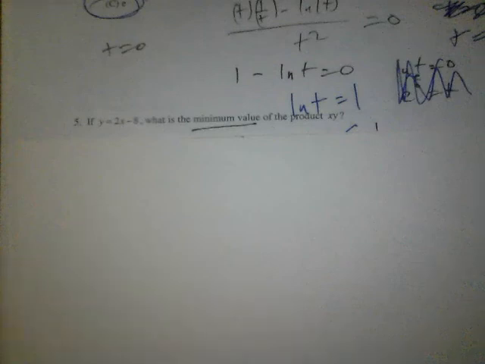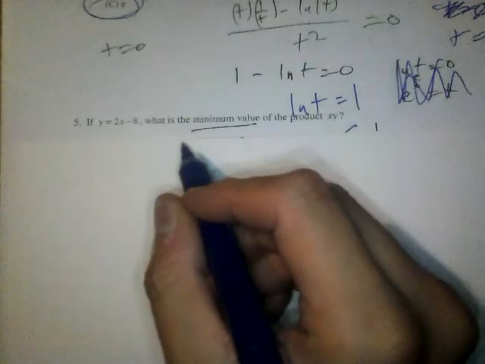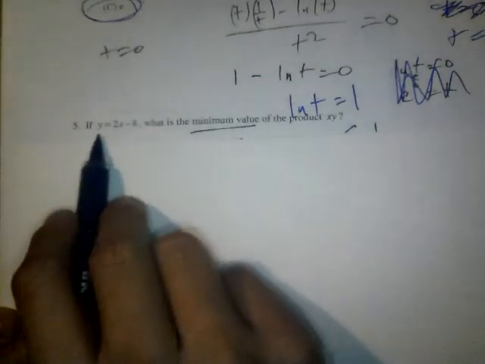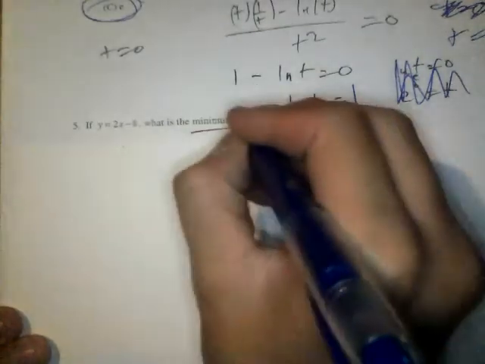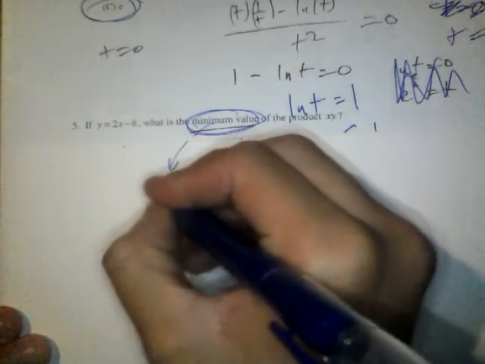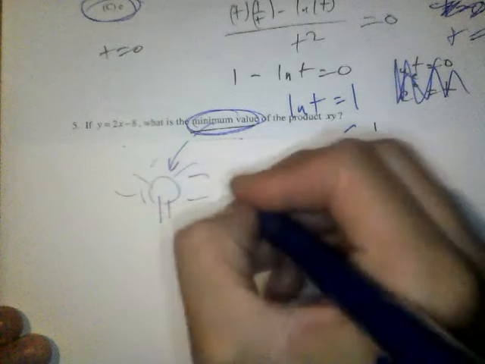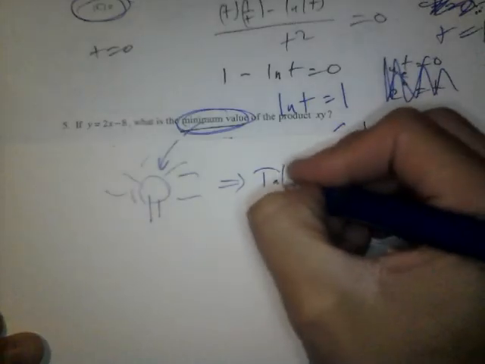Hello everybody, we're looking at question 5 on our quiz here, unit 4, quiz 1. It says if y equals 2x minus 8, what is the minimum value? So circle minimum here. An alarm should go off in your head when you see this. Minimum implies we're going to take the derivative